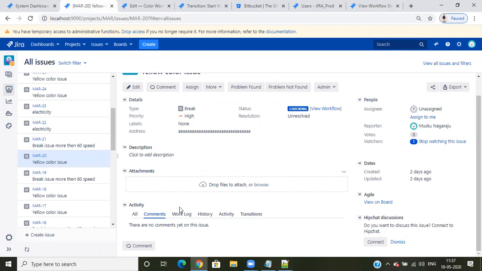Build failed means, suppose I'm in a Jira ticket, and when I push the code to Bitbucket, the code is automatically moved from Bitbucket to Bamboo. Bamboo is an automatic build tool. Your code will be built automatically, and the result comes back to the Jira ticket. So your build failed since there is some problem in your code, so you look into that code again and push it. How many times did the build fail? How many times did it succeed? We can get all that information in the same place.